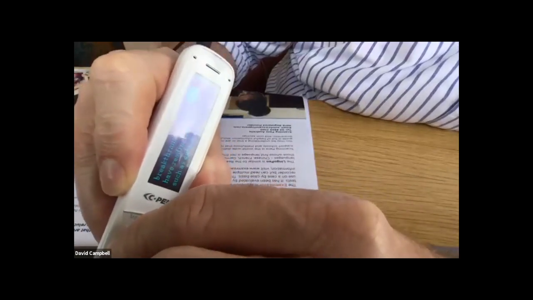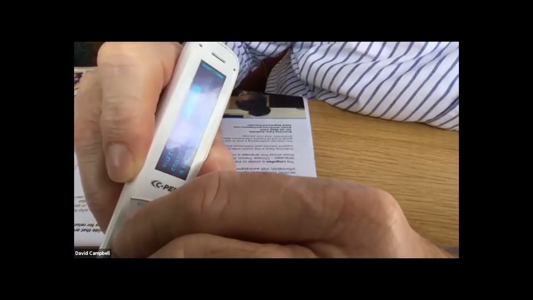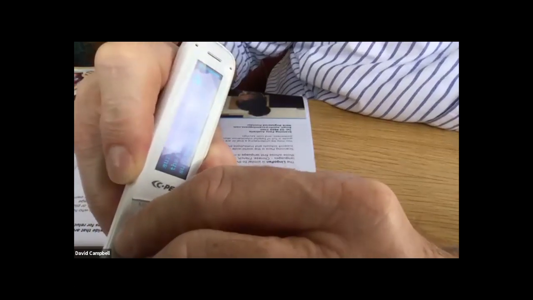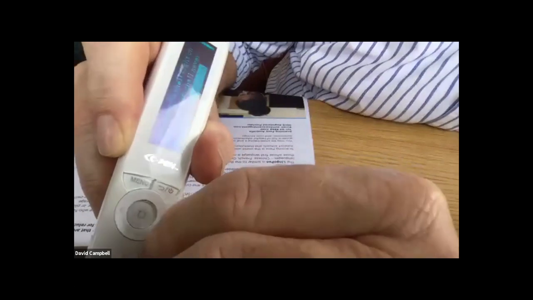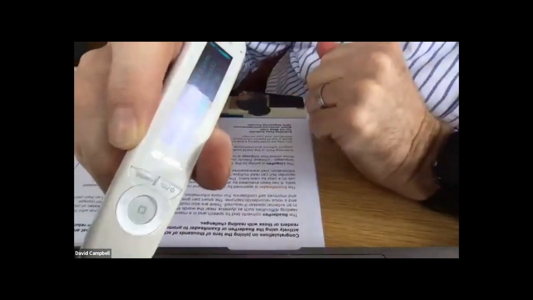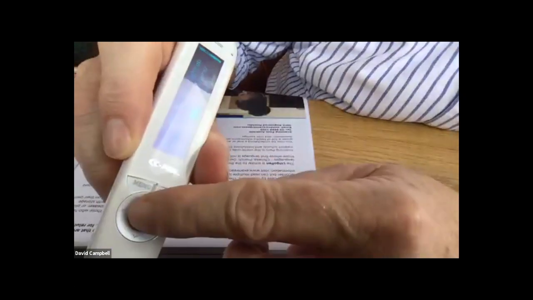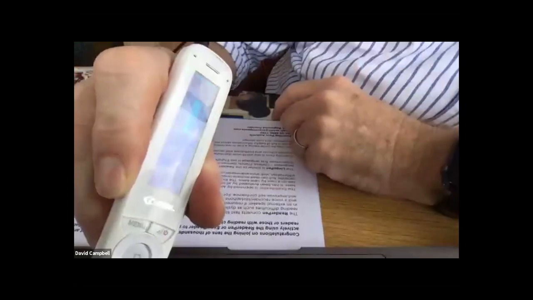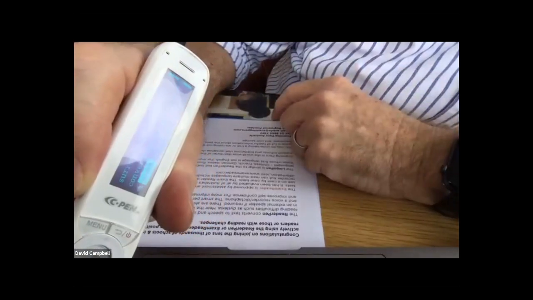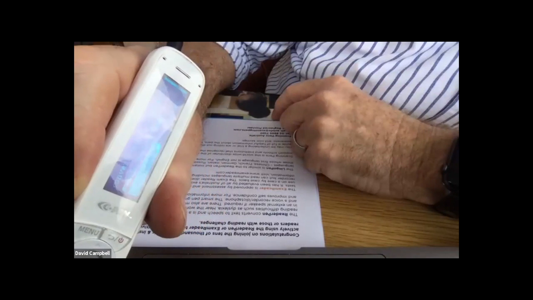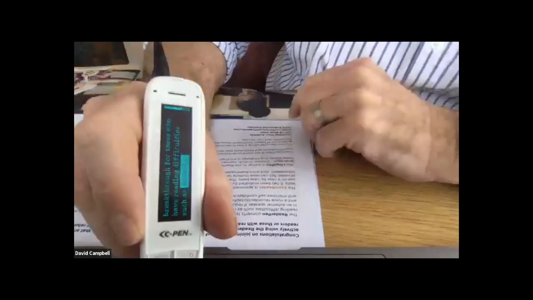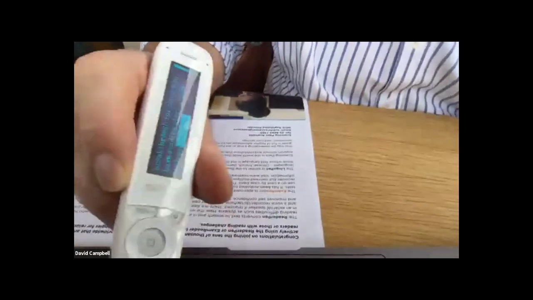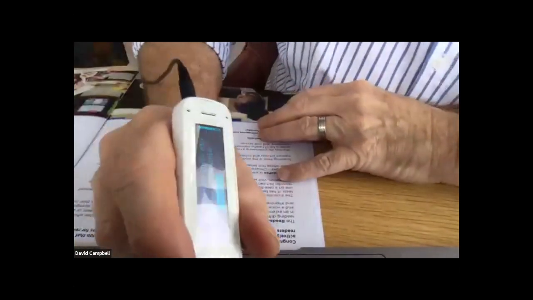So I'm now just going to go back up to the start of that line. The line started with the ReaderPen. So we're just going to go back down to where the ReaderPen was. And when you're ready, you simply press the center button. The ReaderPen converts text to speech and is a major technological breakthrough for those who have reading difficulties such as dyslexia. So that is the auto read function on the pen, which